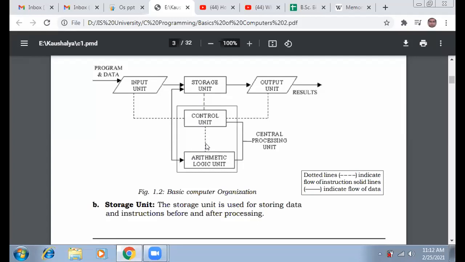And the control unit also decodes the instructions coming from the user and sends that instruction to the arithmetic logical unit, whose job is only doing arithmetical or logical operations. So whatever data the ALU receives, it will either do arithmetical operations on those data or logical operations on those data. But which type of operation has to be performed will not be decided by the control unit, it will be mentioned or instructed by the control unit.